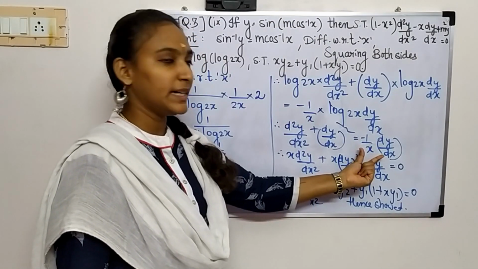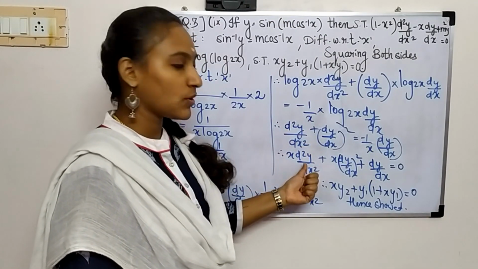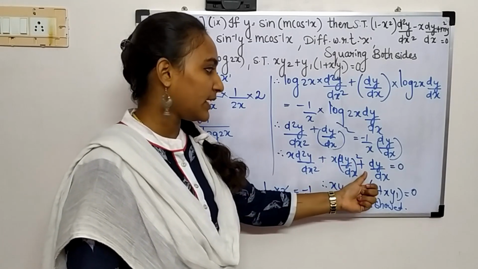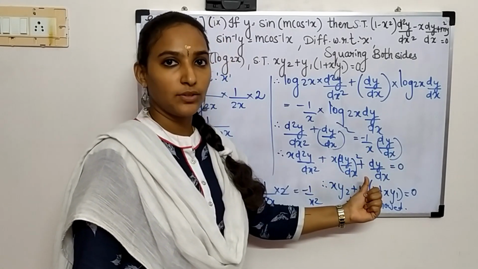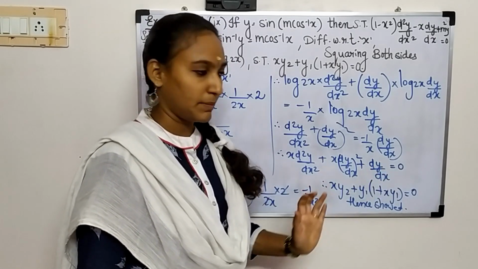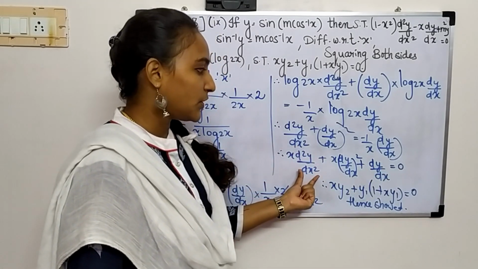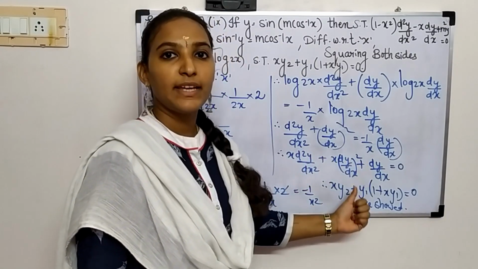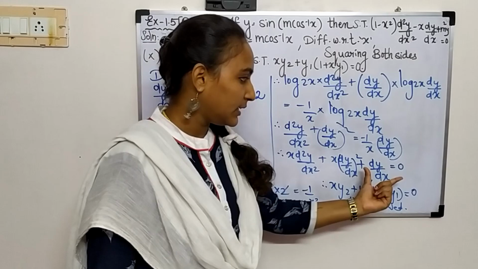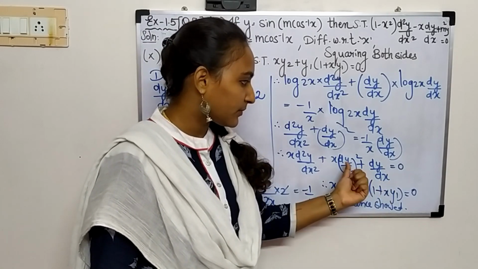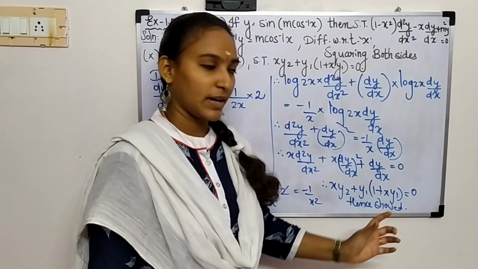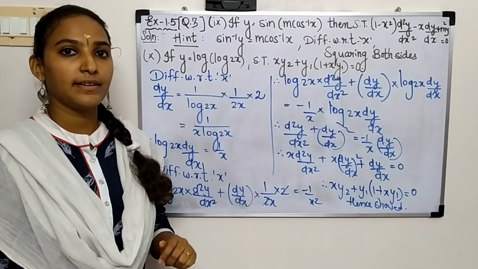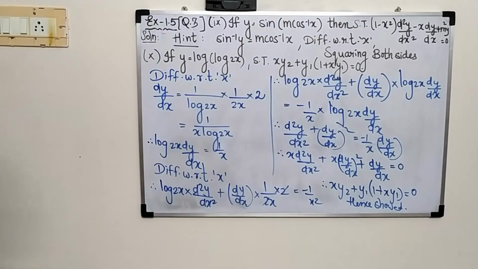See, we have cross multiplied with x, so we got x d square y upon dx square plus x dy by dx the whole square, and this minus is taken to the LHS, it becomes plus dy by dx. Then we are substituting d square y upon dx square as y2, dy by dx as y1. Here dy by dx is common and we are left with 1 plus x y1. We have rearranged this. Hope the solution is clear. Now we can move on to the next question.